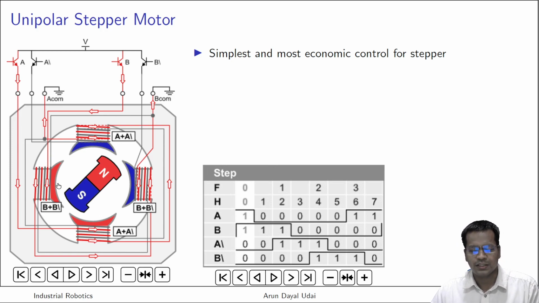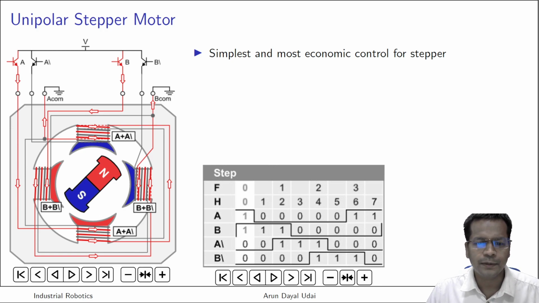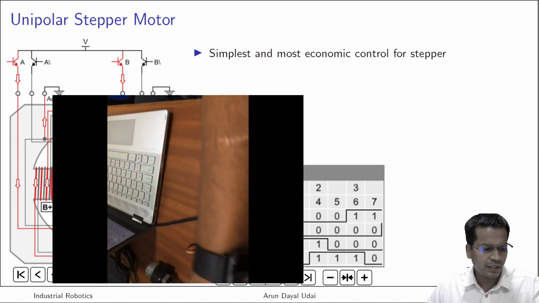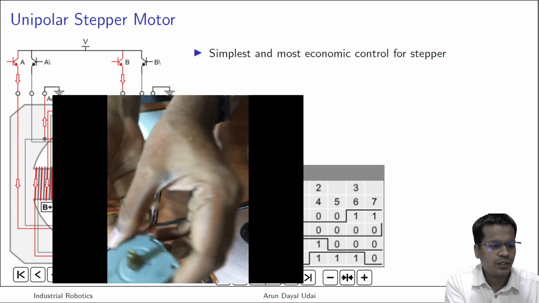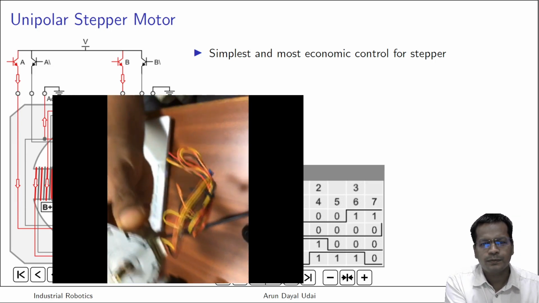Now what can we do with this? Let us say you have a stepper motor with 4 different poles, and this is a rotor which is nothing but a permanent magnet rotor with one side as north, another side as south. So the north pole will always move towards the south pole and south will go to the north pole. Quite clear? So this is a type of motor which is known as a unipolar stepper motor. How does it look like? I will again switch on my camera here. So it looks like this. Got it?